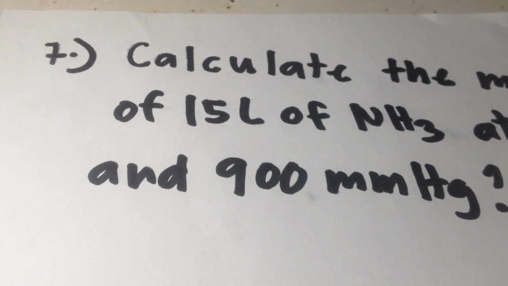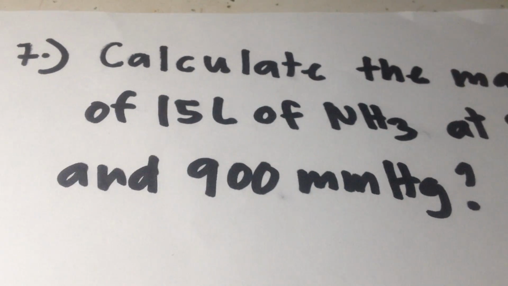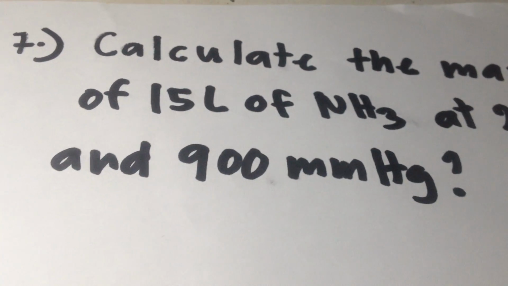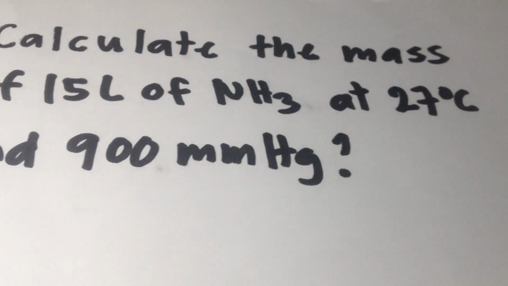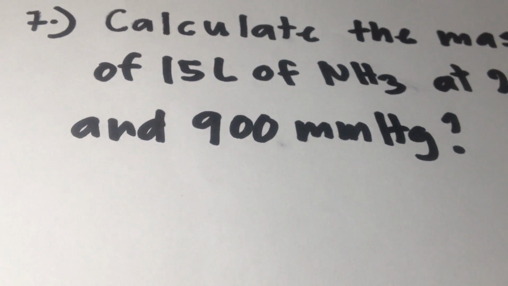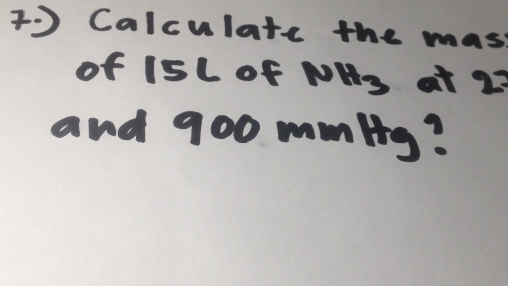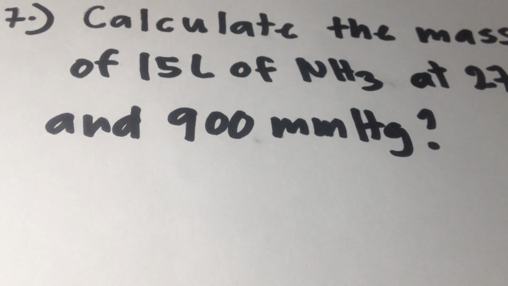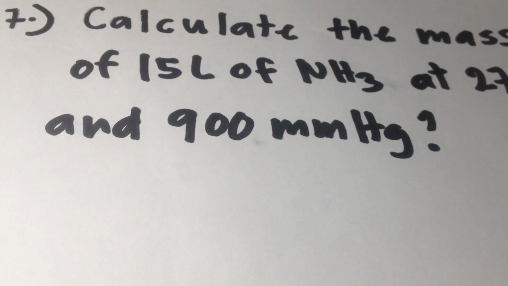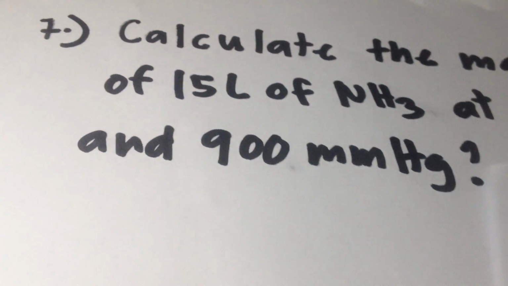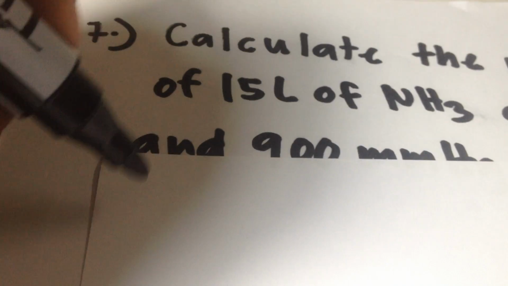In this video, let's continue in problem number 7. Calculate the mass of 15 liters of ammonia at 27 degrees Celsius and 900 millimeters mercury. So this problem is what we call the ideal gas law. So let's begin. Number 7,